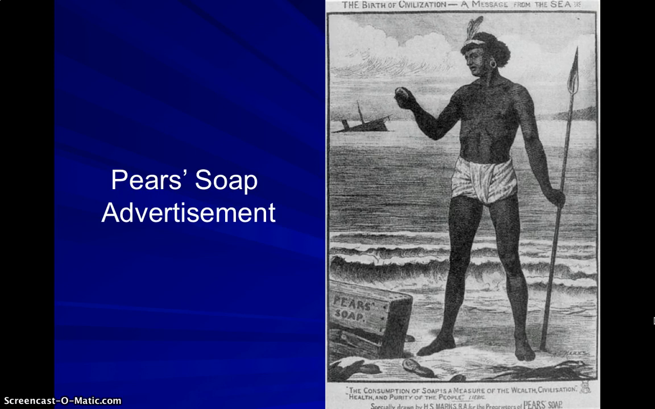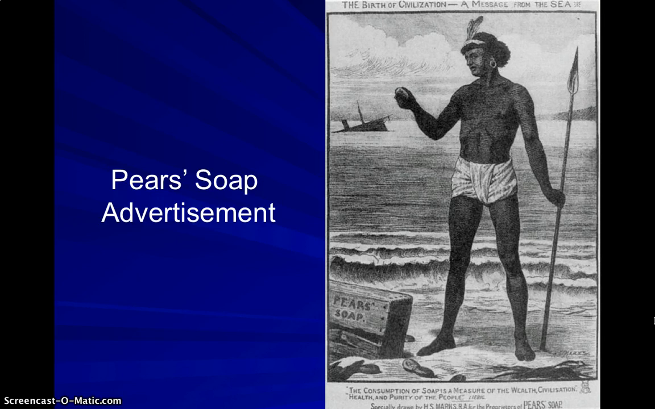And so in this case, you have an early advertisement for Pear's soap. And at the top of the image, it says, "The birth of civilization, a message from the sea." And in the background, you can see that there is a ship that is sunk. On the shore, you see what looks to be a stereotypical unindustrialized native. Notice he's wearing very little clothes, and he also has a spear. And you should note as well, too, the dark tone to his skin, because what he has is he has